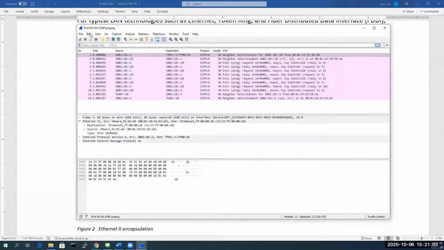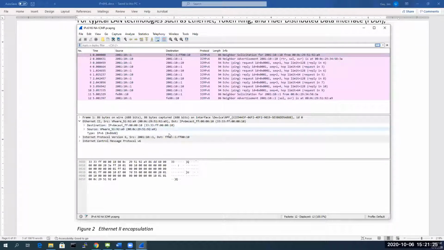Okay, so I open the file in your folder, the IPv6 NSNA capture, ICMP. For this particular file, we can see that I have a neighbor solicitation and then a ping, and then neighbor solicitation and the advertisement again. But remember, I said I'm going to show you